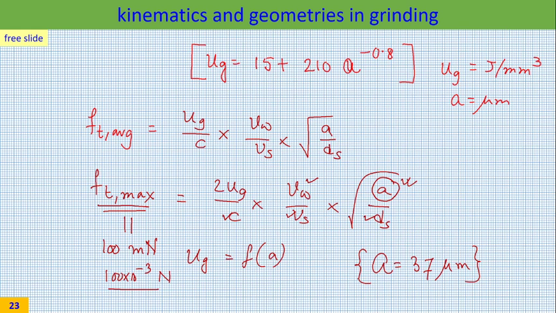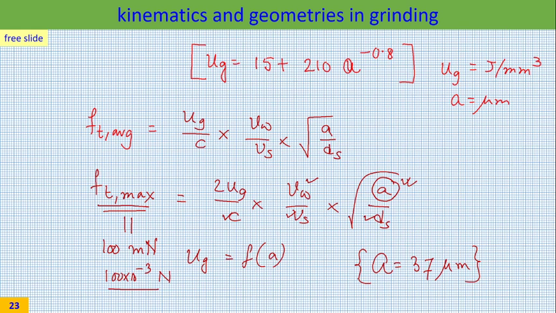But if you are doing rough grinding, you try to enhance your A, and in that case, instead of 37 micron, if you go for 40 micron, what would happen? Bond fracture will take place. That means the wheel will automatically, your abrasive grids will start coming out, which is not at all desirable. So to avoid that and maximize the potential, you should take A as maybe 35, 36, so that you are just below the FT star, that is the bond strength, but you do not induce any bond fracture, and you can do rough grinding. So this was our story of module number 4.